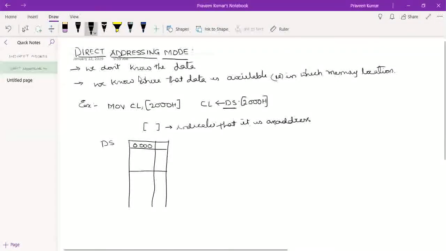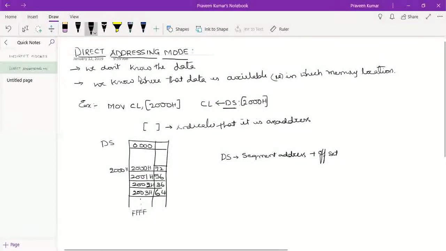For example, I'll start my address location 2000H, in which there is a data called 72, and in 2001H there is a data called 56, and in 2002H a data called 36, and in 2003 location there is a data called 64. And this ranges till FFFFH,